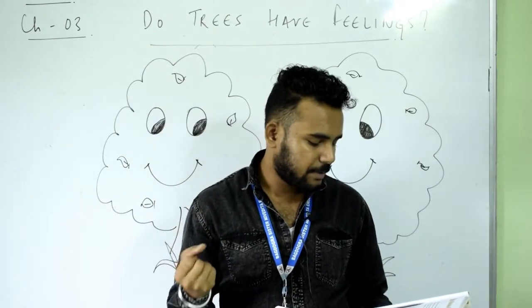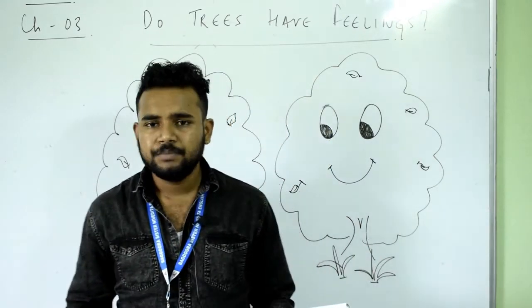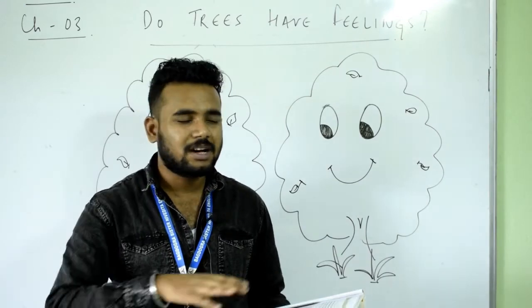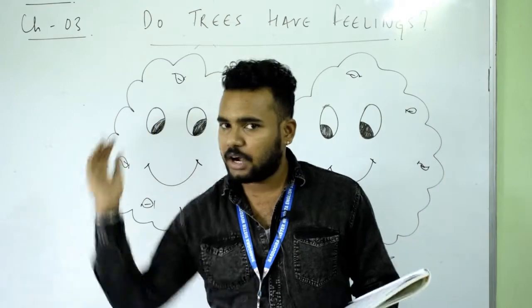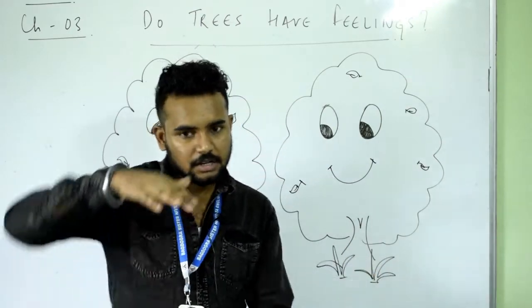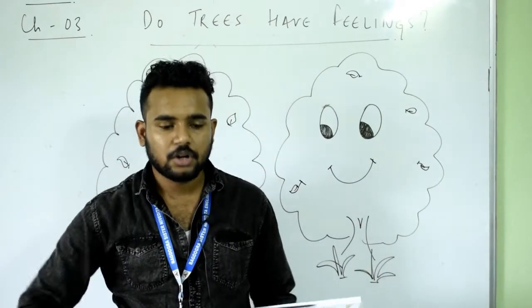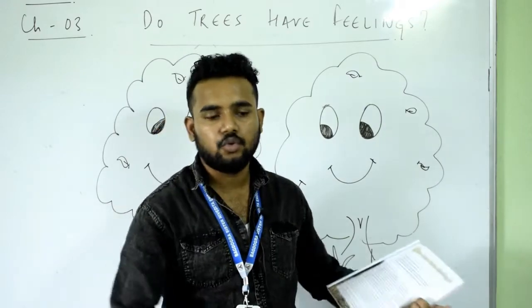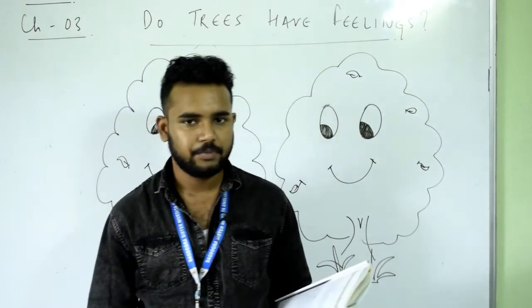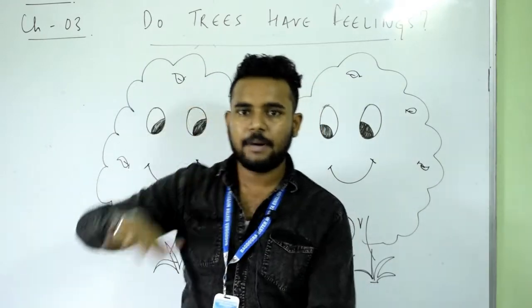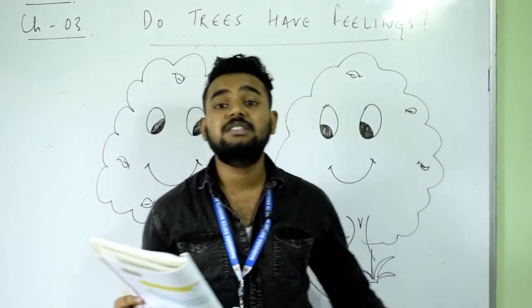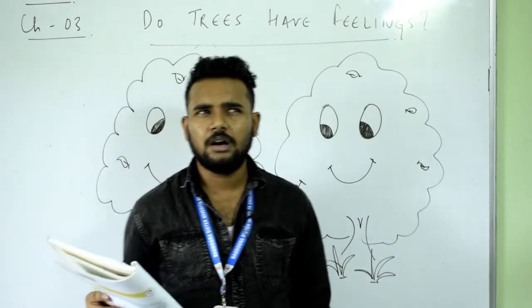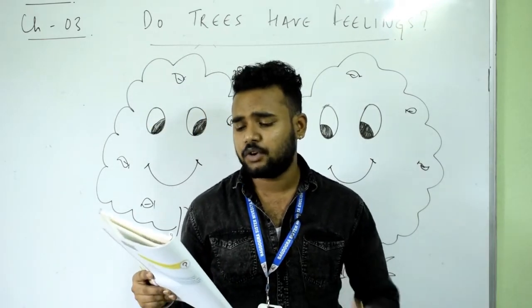And then what happened? He carefully lifted it and he saw it was not actually a stone, it was a tree stump. You know what a tree stump actually means? After you cut down the tree, there is this much portion which is left. You cannot cut the tree right from the root and throw it away. So the part that is left after cutting is known as a stump. So it was basically a tree stump, of an old beech tree,